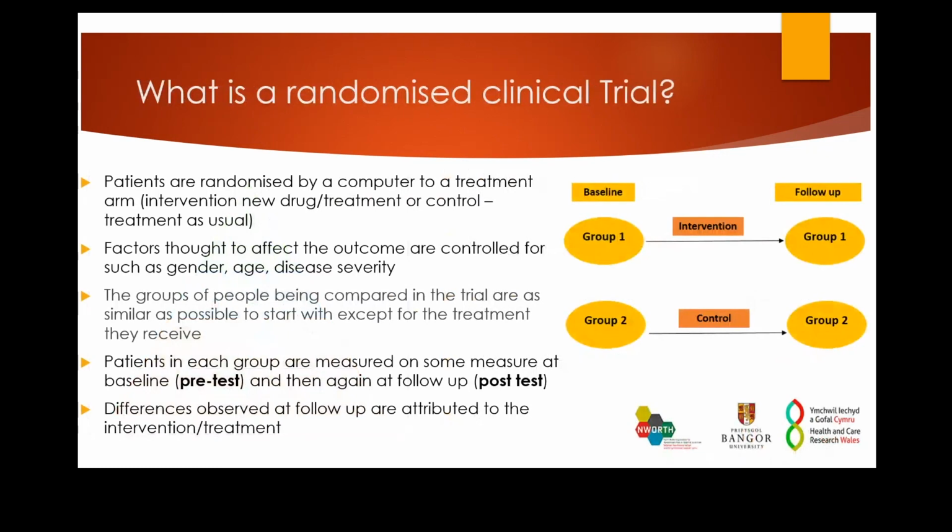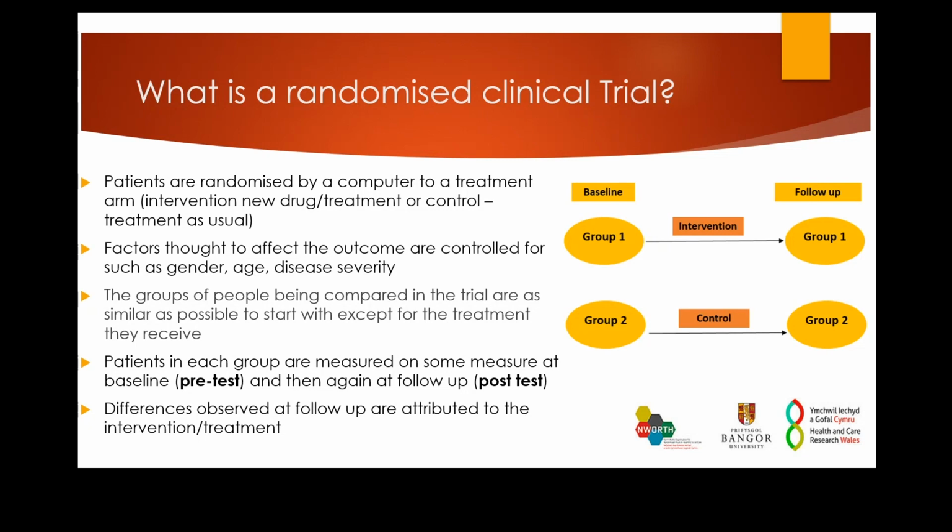So I mentioned there that randomized controlled trials are the gold standard of research, but what exactly is a randomized controlled trial? So it's kind of in the name, given that there is the randomization element where patients within the studies are allocated to receive a specific treatment by a randomization algorithm or a computer. So participants are placed to receive either the intervention or control, and the randomization algorithm or computer can account for certain factors that might influence the treatment or the outcome, such as gender, age, or disease severity.